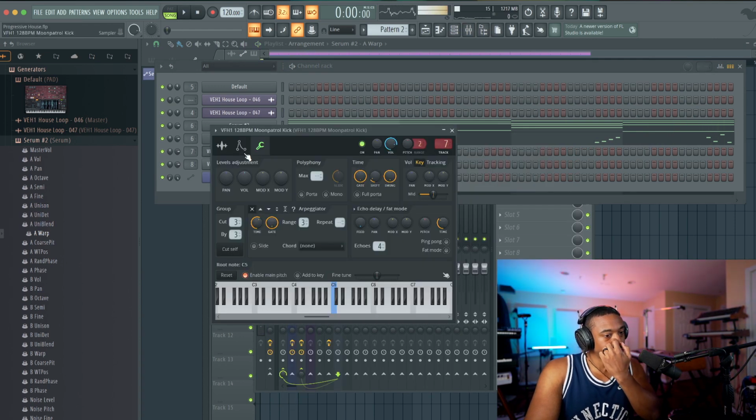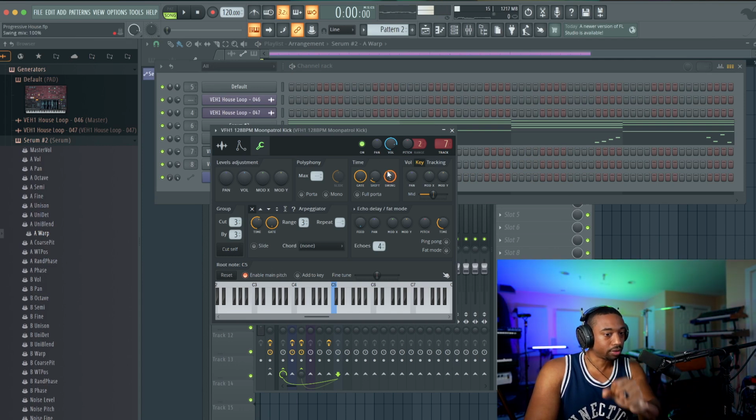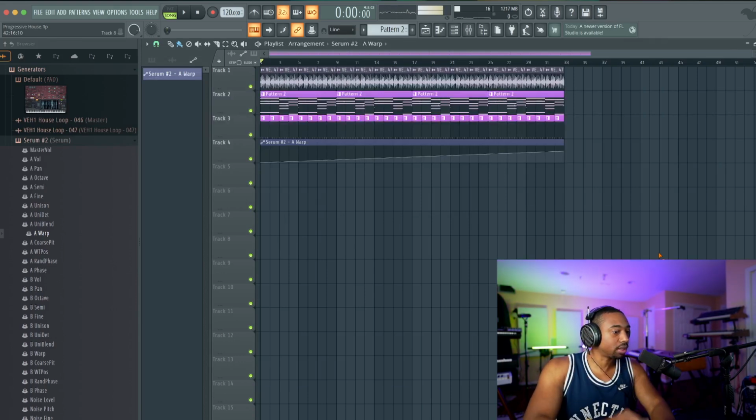Also, I just did a small change here, which is instead of the kick hitting perfectly on the grid, try offsetting the kick just a little bit so it doesn't hit perfectly on the downbeat.